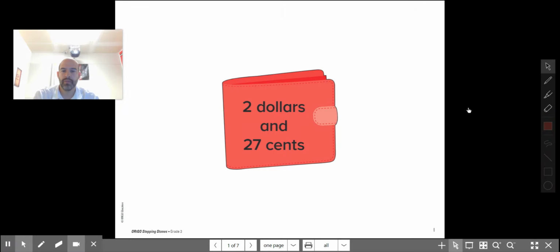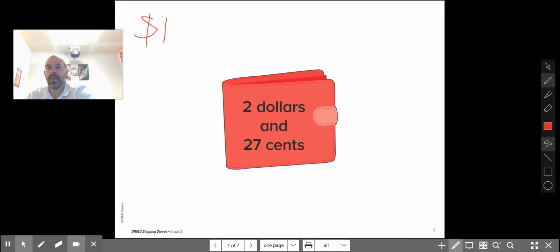So to start with, our first slide is of a wallet. In this wallet is $2.27. So what bills and coins could be in this wallet? Well, let's think about some ways to show that. First of all, yesterday we talked about how 4 quarters equals $1, correct? So for example, could we have